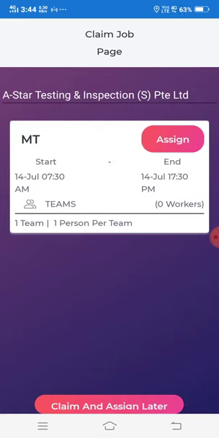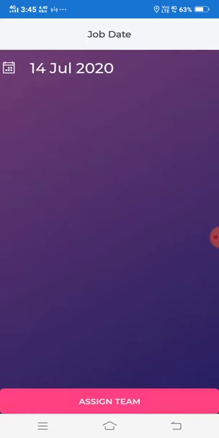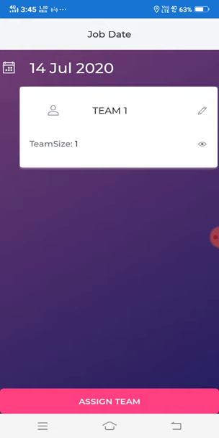So a partner can assign an employee for this request. This is the process for the partner. Either he or she can assign it later also. Now I am going to assign. Here you can see the assign button. Just click on assign. On 14th July the team number is 1, so a partner can simply edit the team.